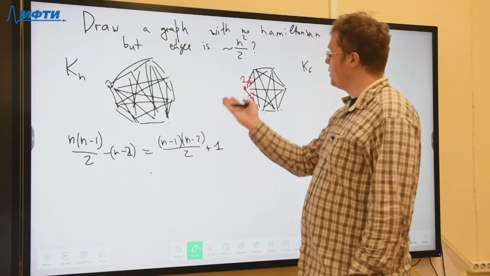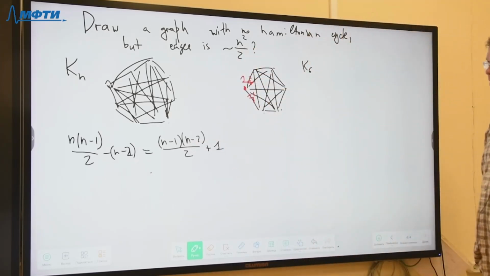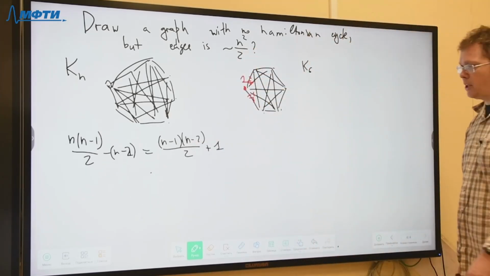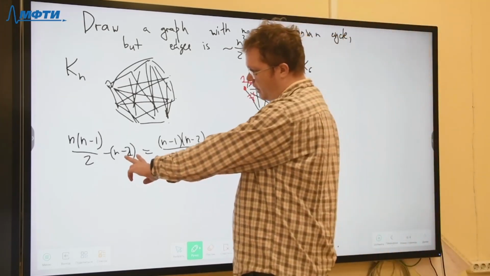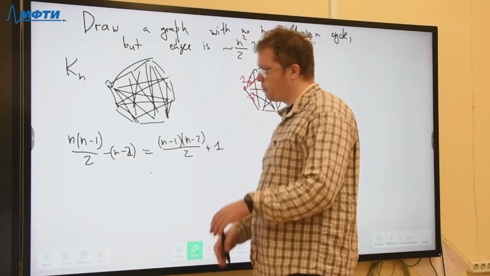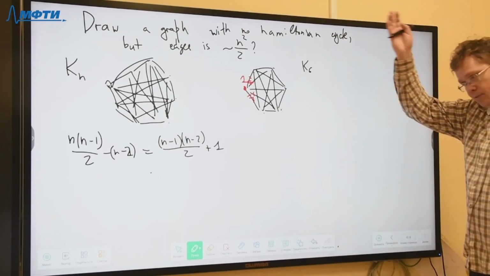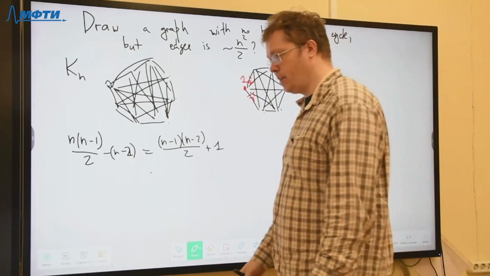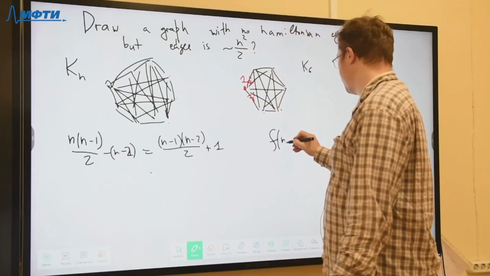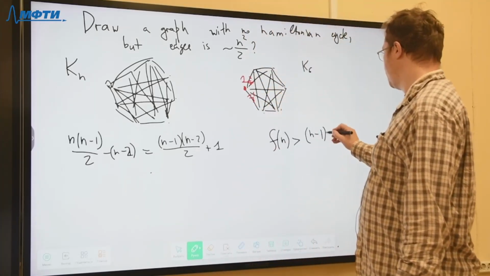And this is similar to n squared over 2. So we can get rid of n minus 2 edges, and we already have a graph which is not Hamiltonian. So the formula for Fn is my question. So Fn must be strictly bigger than (n minus 1)(n minus 2)